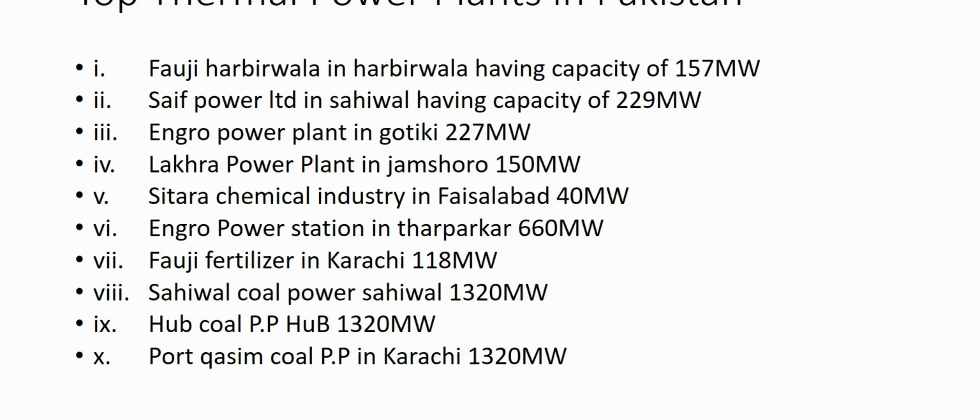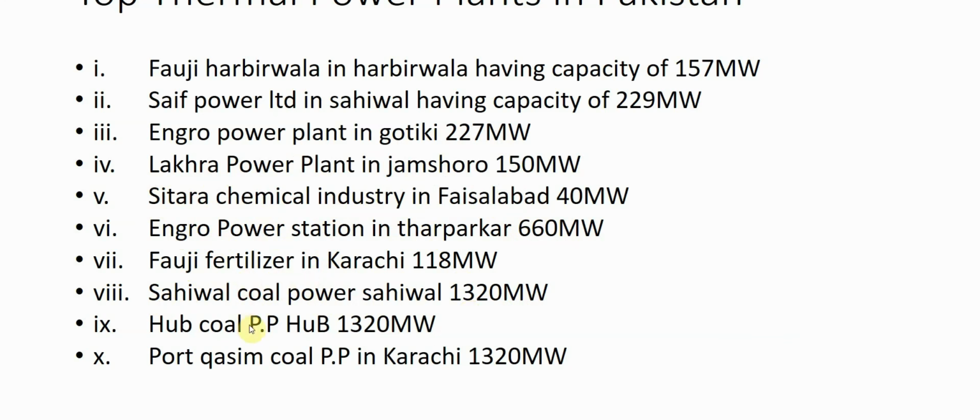So Fauji Hyderwala 157 megawatts, Sai Power Limited Saiwal 229 megawatt, Angro Power Plant Gotki 227 megawatt, Lakhda Power Plant Jamshoro 150 megawatts, Tara Chemical Industry Faisalabad 40 megawatt, Angro Power Station Tharparkar 660 megawatt, Fauji Fertilizer Karachi 118 megawatt, Saiwal Coal Power Saiwal